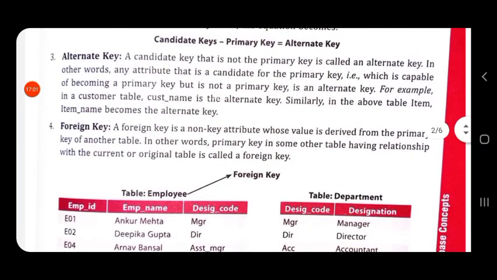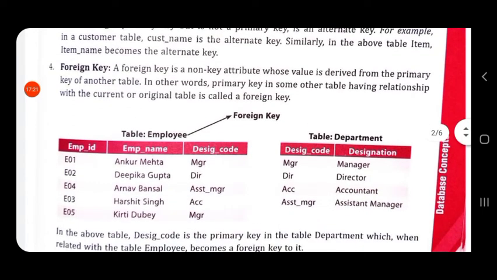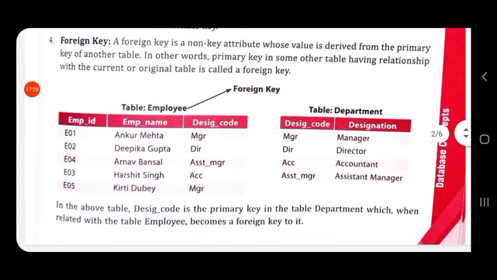Then next is foreign key. A foreign key is a non-key attribute whose value is derived from the primary key of another table. In other words, the primary key in some other table having a relationship with the current or the original table is called a foreign key. So we have two tables,